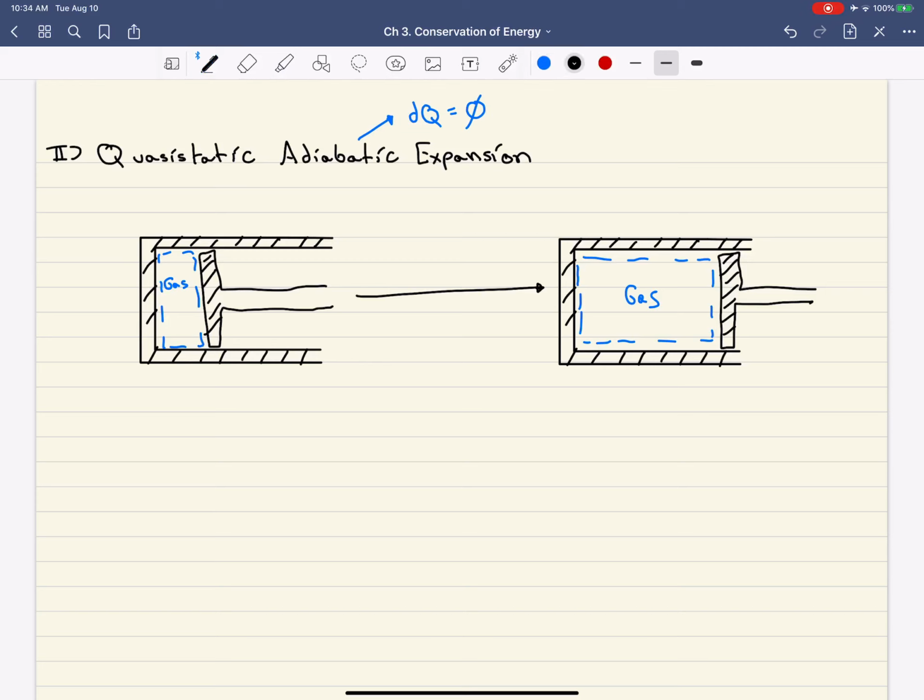In the quasi-static adiabatic expansion, the process is still going very slowly, but for our gas expansion, the gas is going to be expanding, so work will still be exerted by the gas, but there's not going to be any sort of heat flow going into or out of the system. All right? And so when we analyze our energy balance,